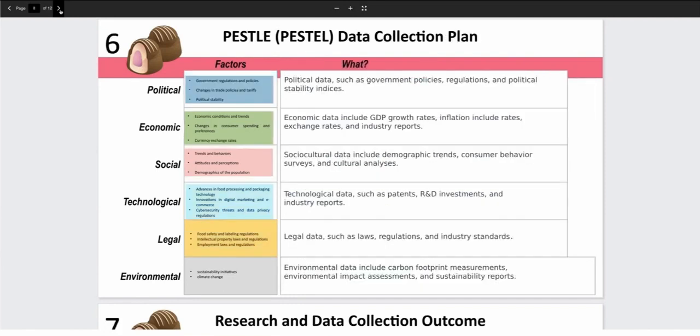Now, the next step for us in doing the PESTEL analysis is to write down the data collection plan. Don't forget that when you are writing your PESTEL analysis document, we need, of course, to write it like the structure of an article, where we have the rationale of the research, the background for the research, and our material and methods. When we talk about the material and methods, we are also looking into mind maps. We also, as you know, talk about our research questions and then research hypothesis,